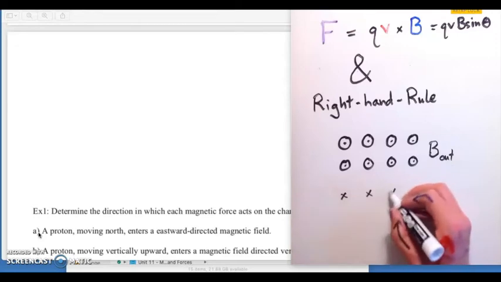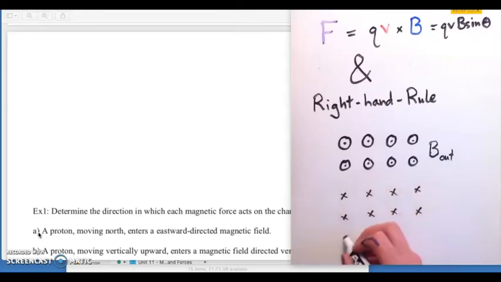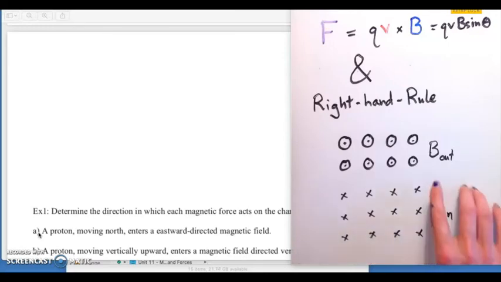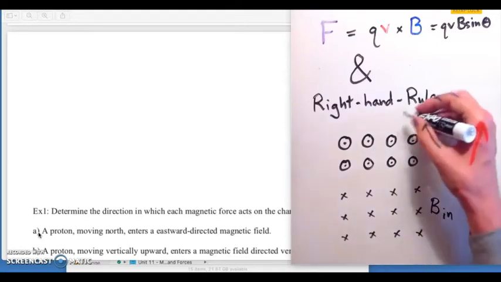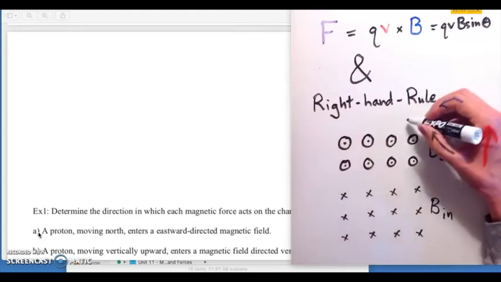Now, what about X's? That's the other notation that you'll see. These indicate a magnetic field that is going into the page. The reason they picked these is actually they were thinking about magnetic field vectors as being like a literal arrow. So if you have a literal arrow,